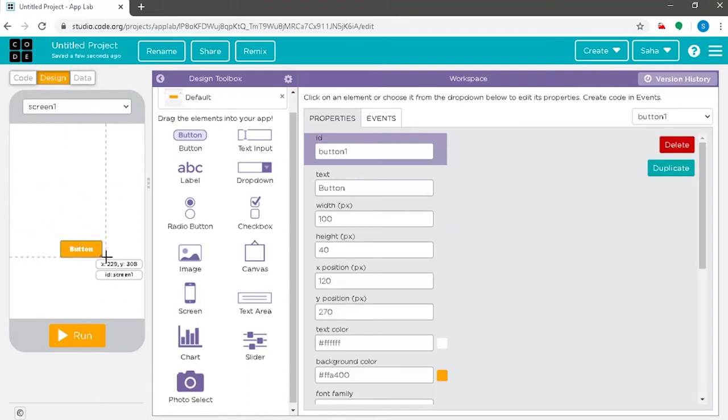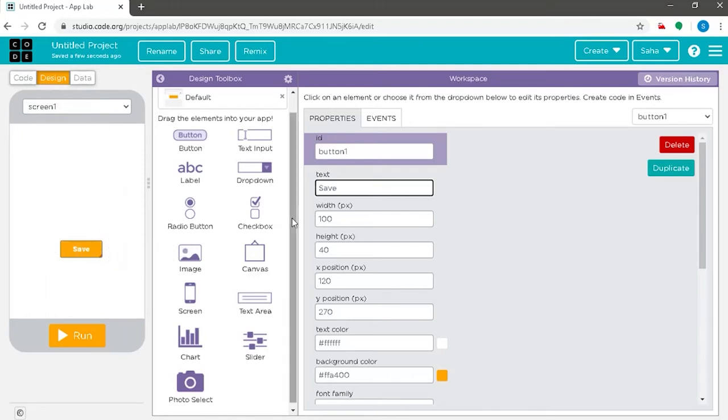As soon as we have positioned the button on the visualizing section, the properties section has been established on the right hand side. So, the properties for button include text, which is the text that should be appearing on the button. Whatever you want to appear on the button will be appearing. For example, I will be pressing save and you can see that save has been written on the button.